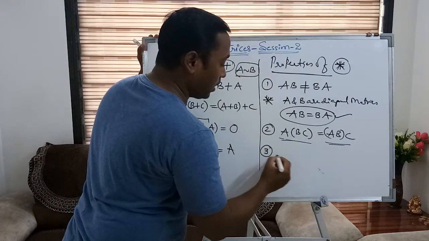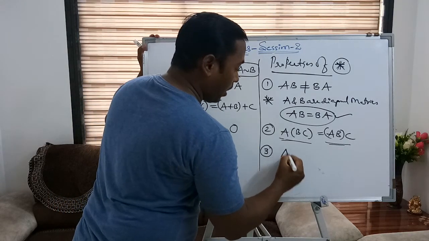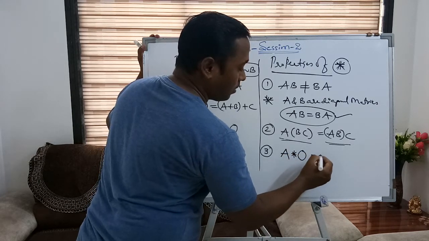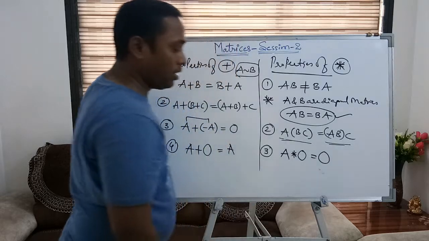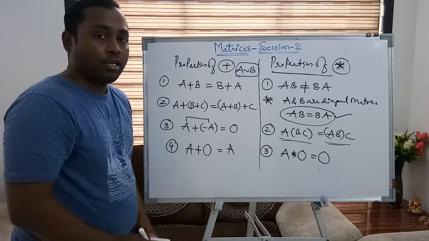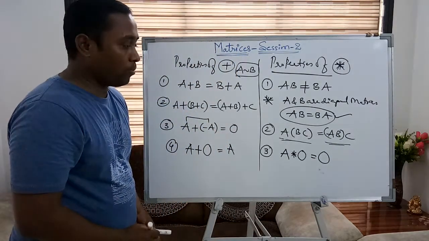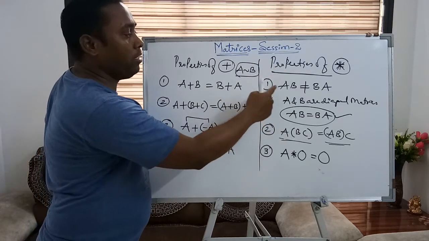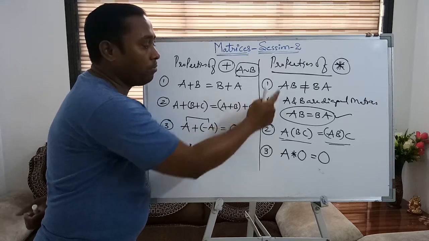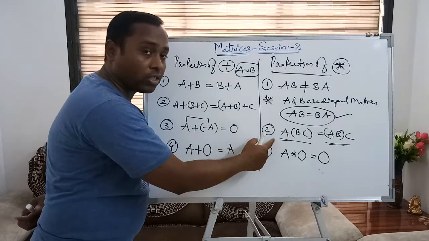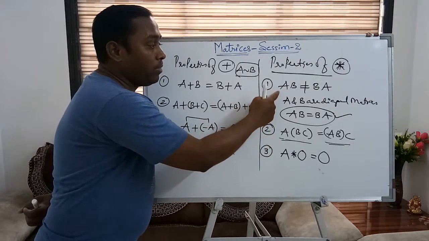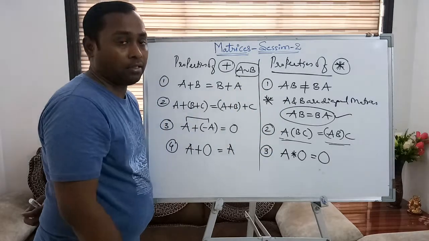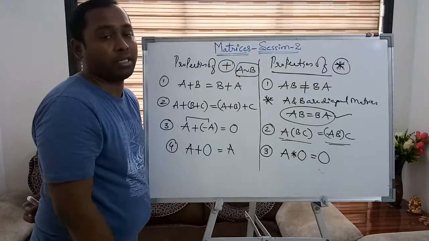And the third case is, a matrix is multiplied by a zero matrix, then ultimately result will be 0. Okay, so remember these 3 properties here. In case of the multiplication में it's not always commutative, but it is always associative. Yes, it is commutative in which case if A and B are diagonal matrices, their product is always commutative.